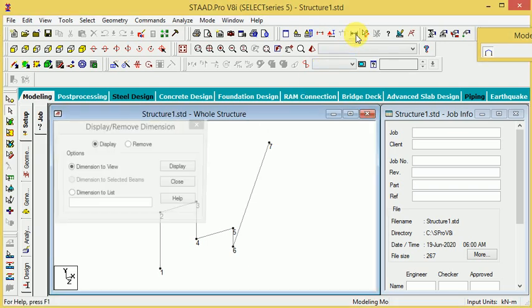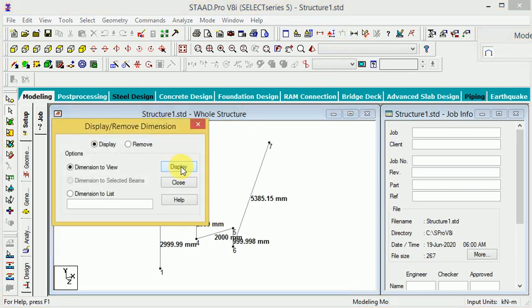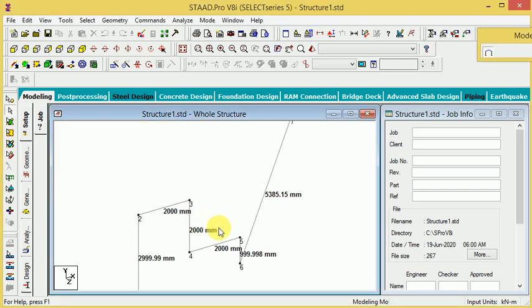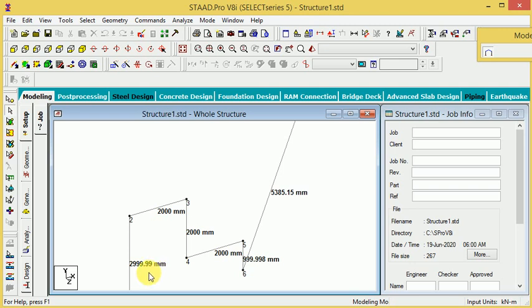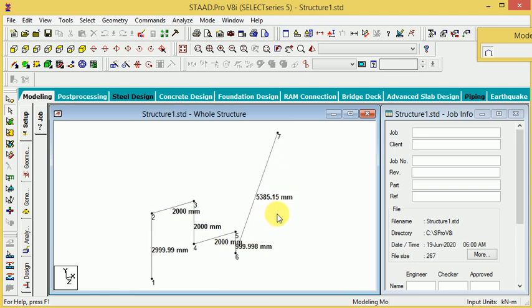Then if you want to show the display in distance, so here the display distance, if you look at this here, this is 2000, it means distance between 1 2 3 4 5. Now this is not working for the load, because this is called only for the node distance. This is called joint member distance.